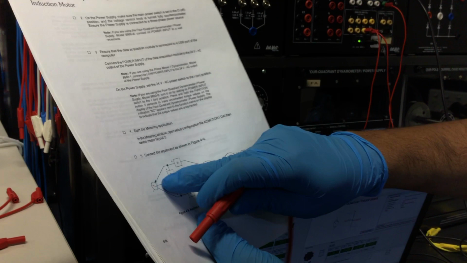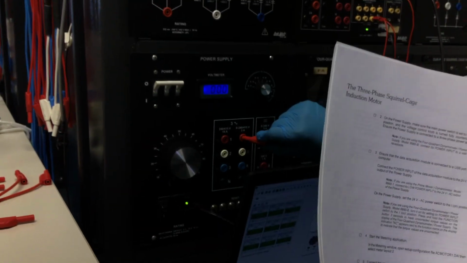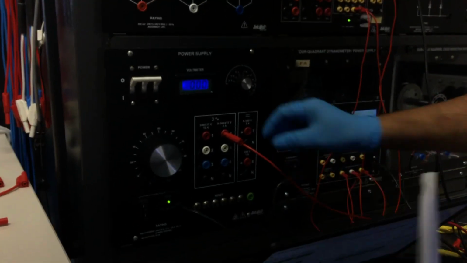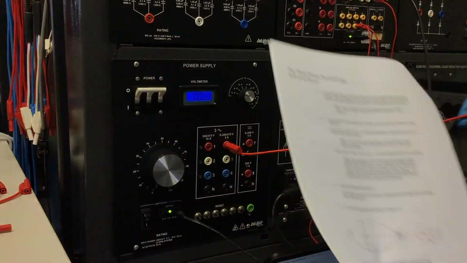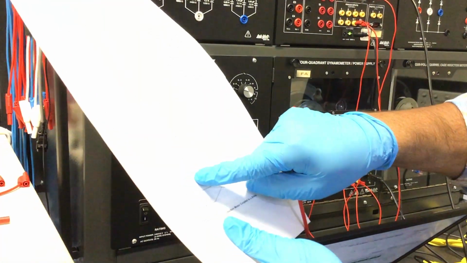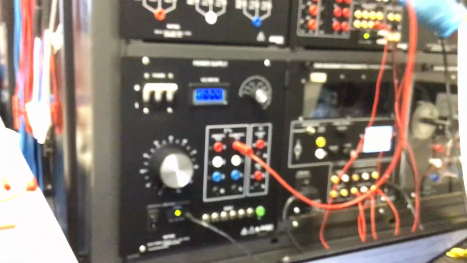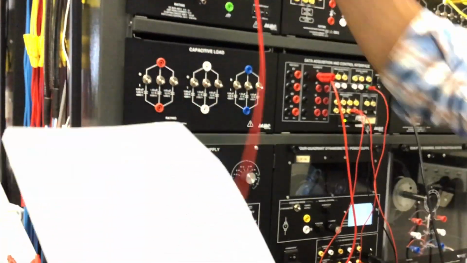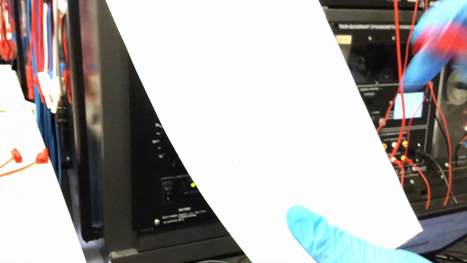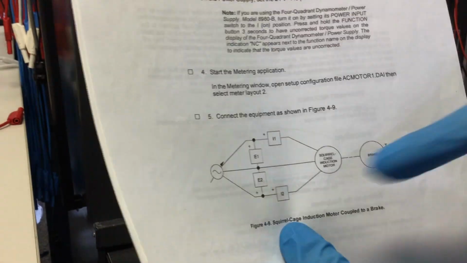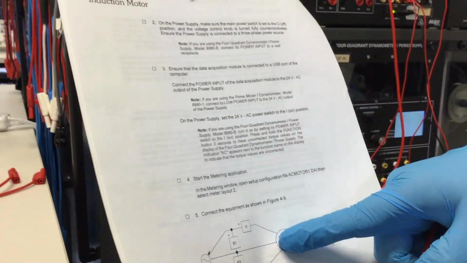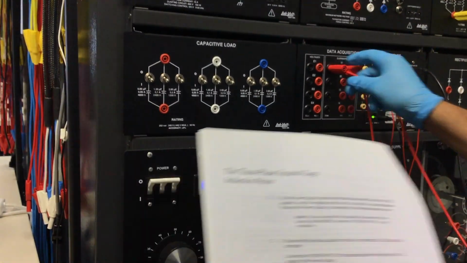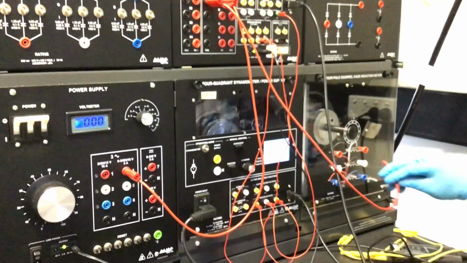So I will start with line 1. We will supply the variable supply, this is 4, and it will connect with the positive of I1. So the positive of I1, then the negative of I1 will connect with the induction motor. The negative of I1, you can see, goes to the induction motor.